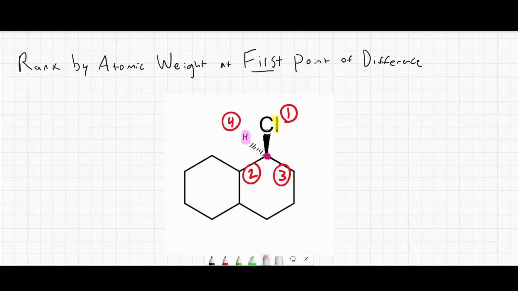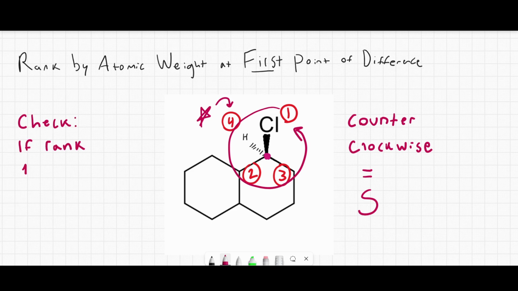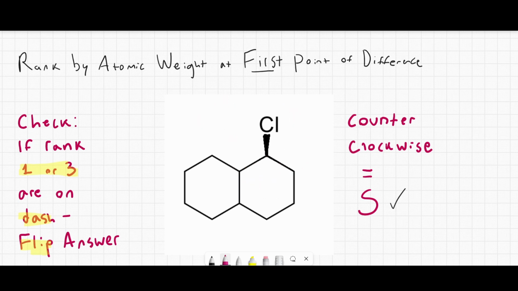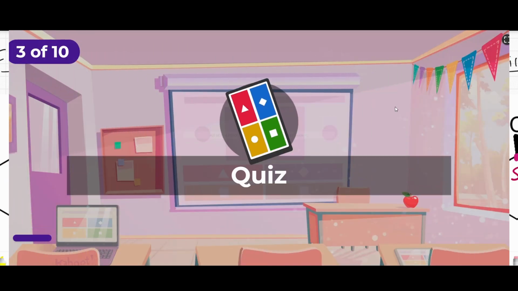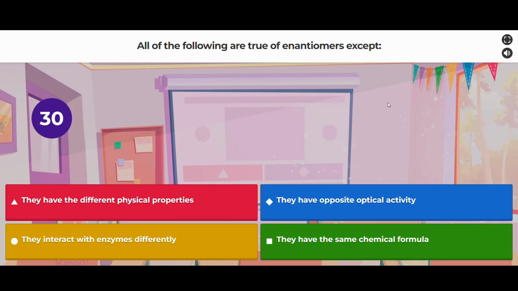So to find the spin, hide the atom in back and read the rest in numeric order. 1 to 2, 2 to 3, that looks counterclockwise. But we gotta remember our little trick. After finding the spin, check the back or the dash. If rank 1 or 3 is in the back, you have to flip your answer. We just have 4 in the back, so you can leave it as S, and you're good to go. Question 3. All of the following are true of enantiomers except